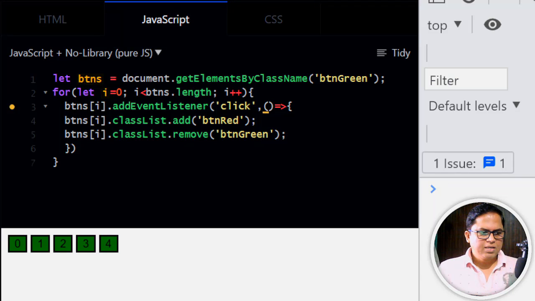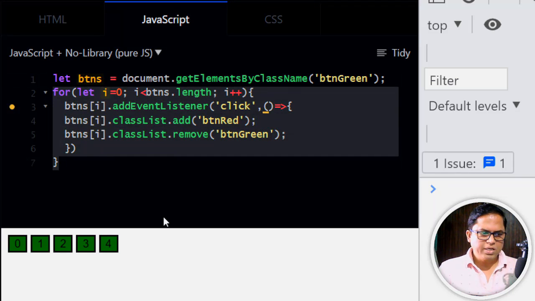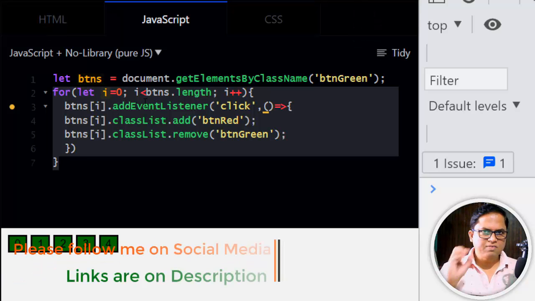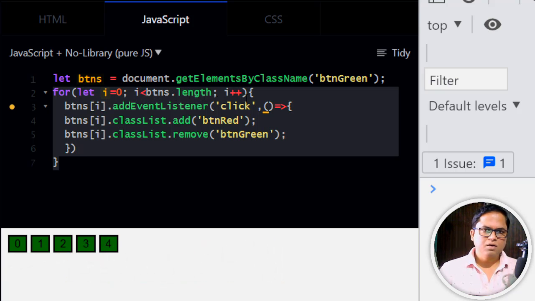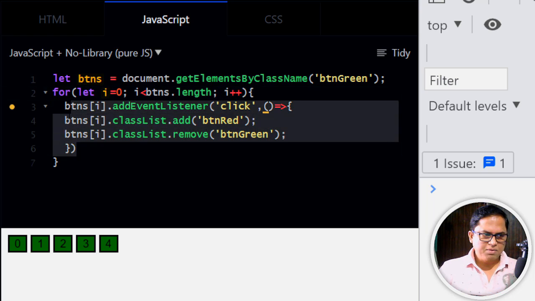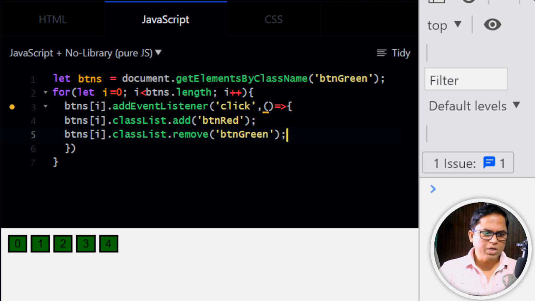Then I am running a loop. As this is for complete beginners, I am not using forEach, I am using a for loop. So let i equal 0, because our index number starts from 0. Then we check the condition until i is less than the total length of the buttons, so buttons.length, then i plus plus, we increment i by 1 each time. Then within the loop we are